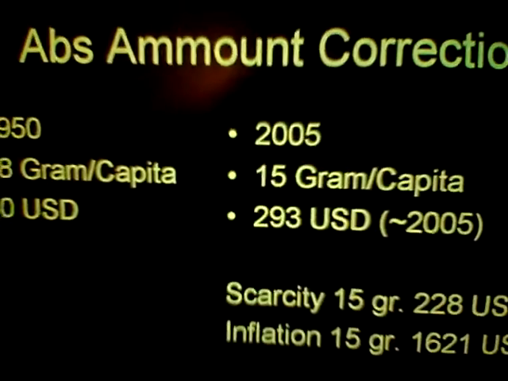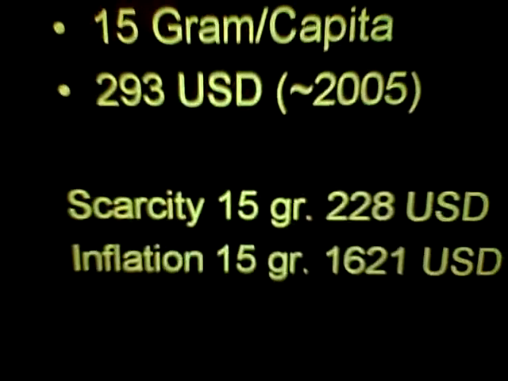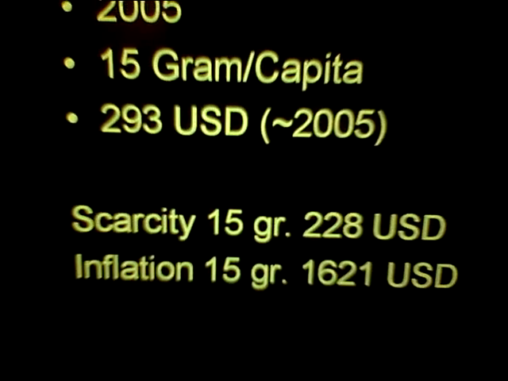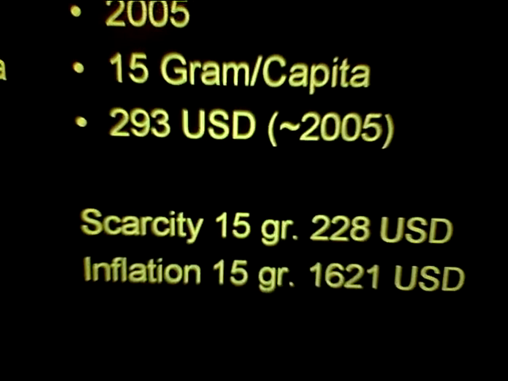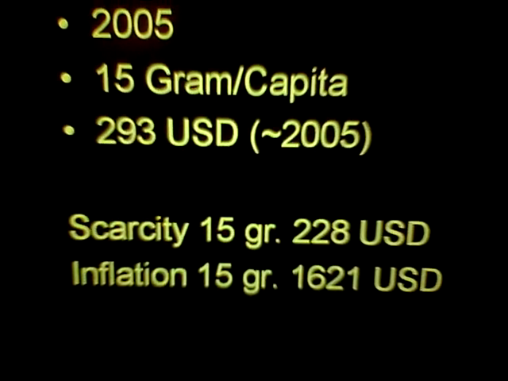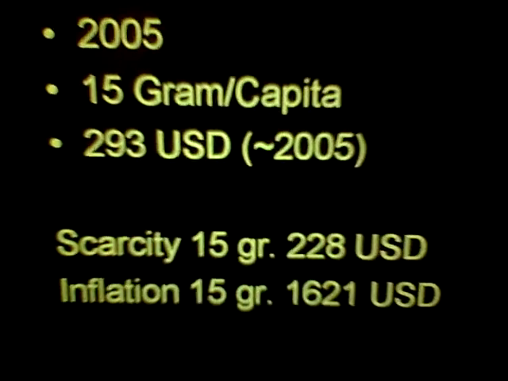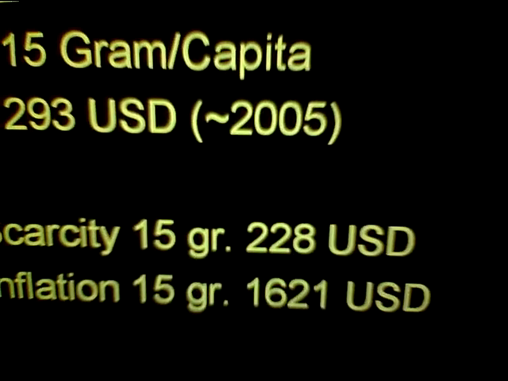So, if you correct the numbers for scarcity, first of all, so let's say there is less gold to go around, so it has to be more expensive. It's 3.8 times as little gold to go around now because the world population has grown, and that would bring the $60 price up to $228,